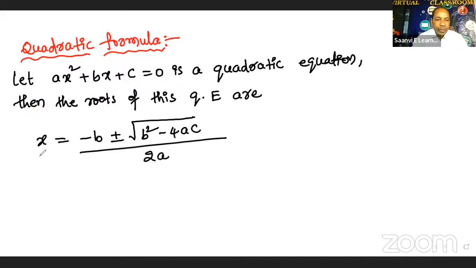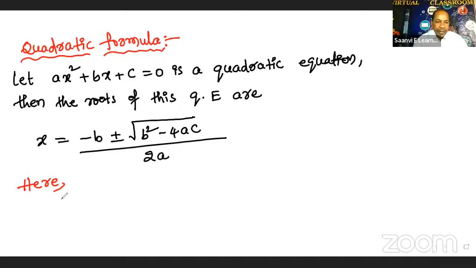Okay. What is the formula here? x is equal to minus b plus or minus under root b square minus 4ac by 2a. So this is called the quadratic formula. This is the quadratic formula. So in this formula, see here,